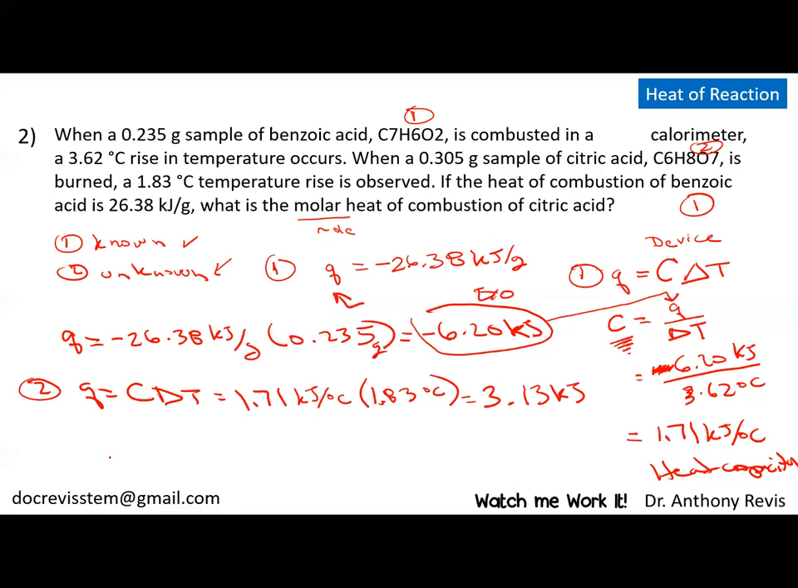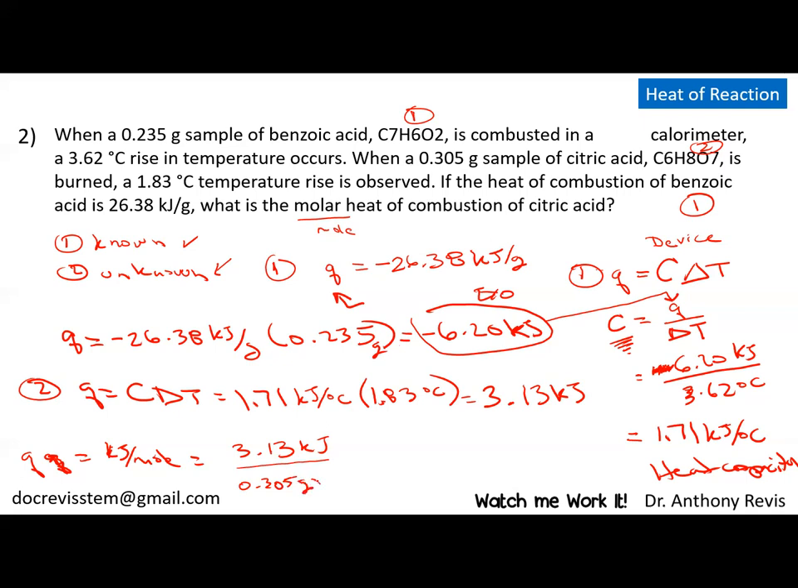But the question asks you to tell me how much is generated per mole, and since this is an exothermic reaction, let's just do it. My combustion reaction is going to be this. My final answer in kilojoules per mole, which is what it asked for, will equal Q. I'll take the 3.13 kilojoules and divide it by the number of moles that I have. I'll have to do the math here. We know that we have the grams, which is 0.305 grams